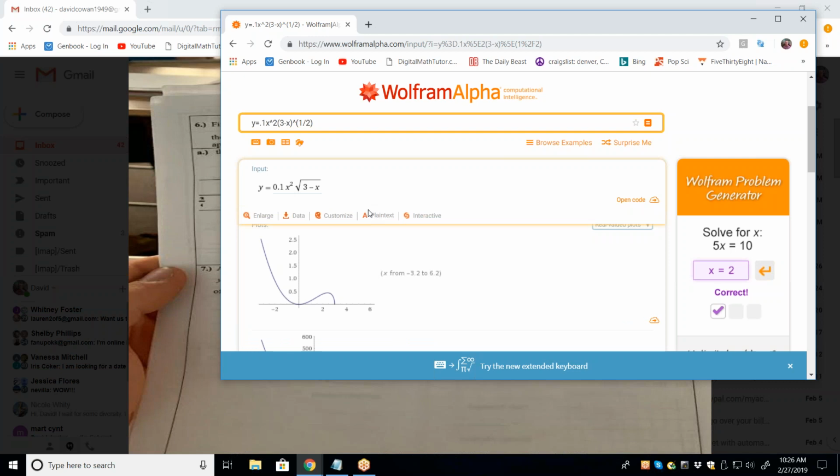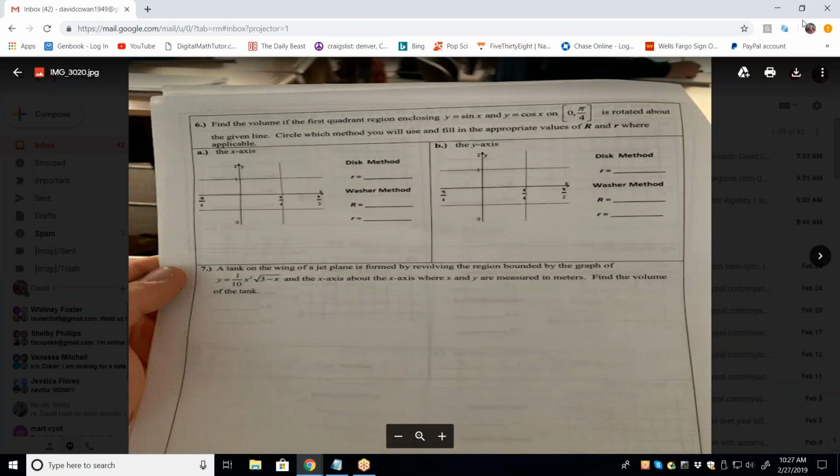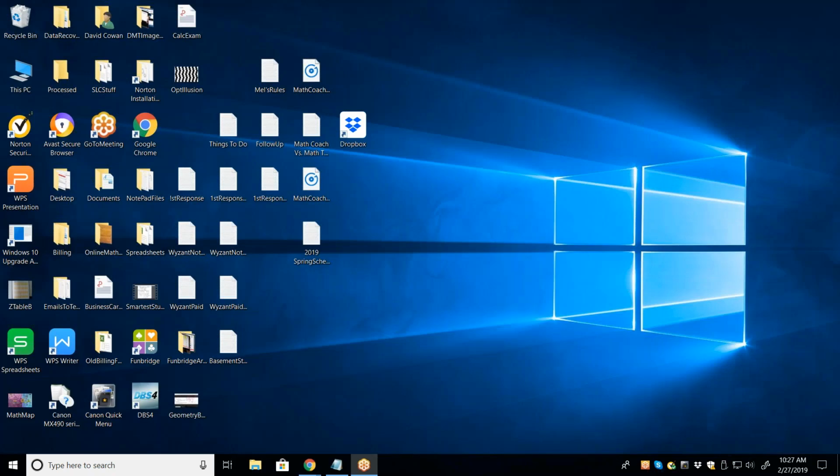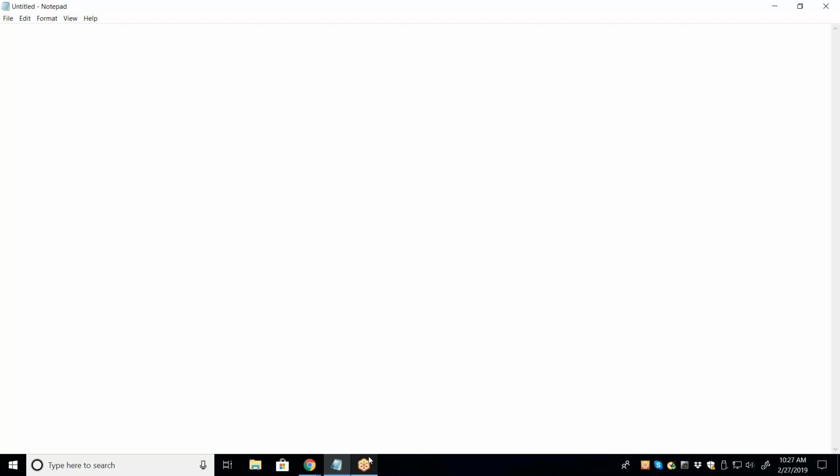Or did I get it wrong? Is it x cubed? It's 1/10 x squared root 3 minus x. So I got it right. Yep. Okay, and that's the graph of it. So let me close this out and go back to here